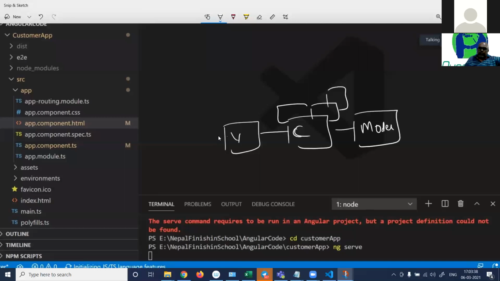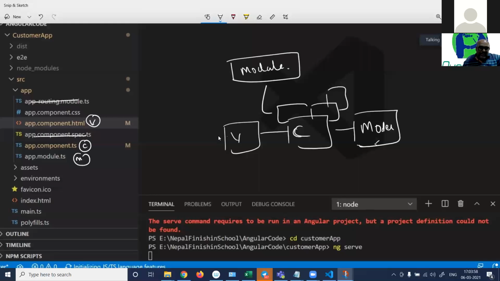A group of components is put into modules. We still have to code the model. This is not existing at this moment, right? Close your eyes on spec.ts, close your eyes on routing. We'll come to that later on. CSS also, leave it. I know a lot of people know what a CSS is, but leave it.